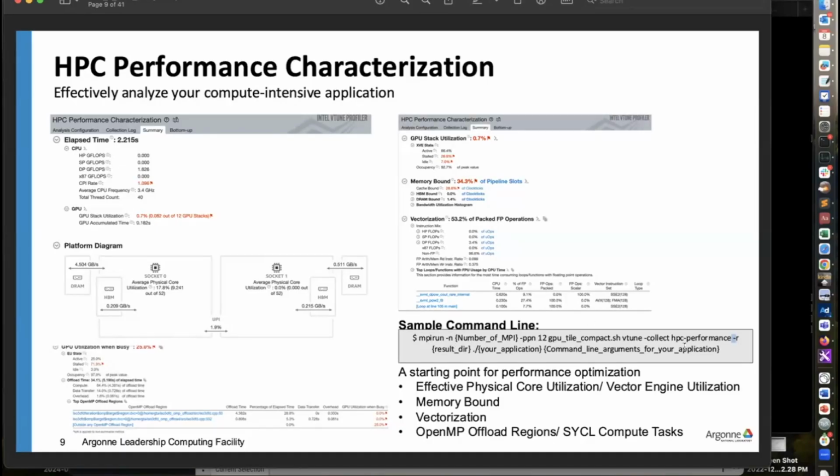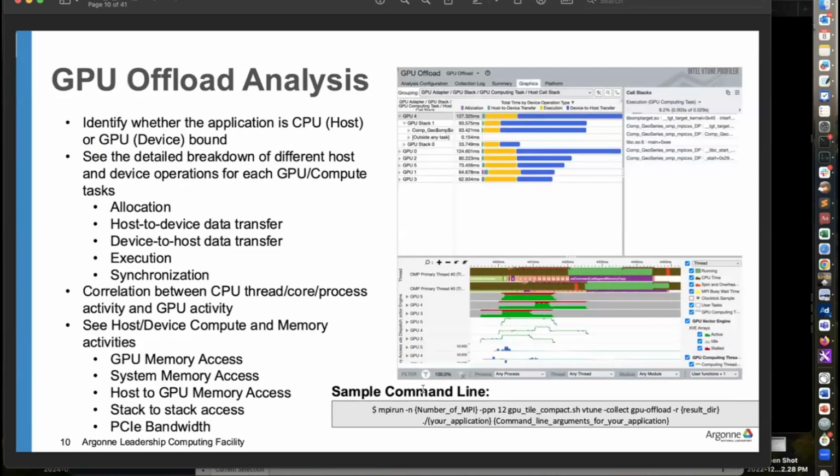Then you can see some core utilization, vector engine utilization, memory bound, vectorization, OpenMP region, or SYCL compute tasks, etc. So if you don't know what could be the main reason for the delay, you can start with HPC performance analysis. But another analysis you can try is GPU offload analysis,